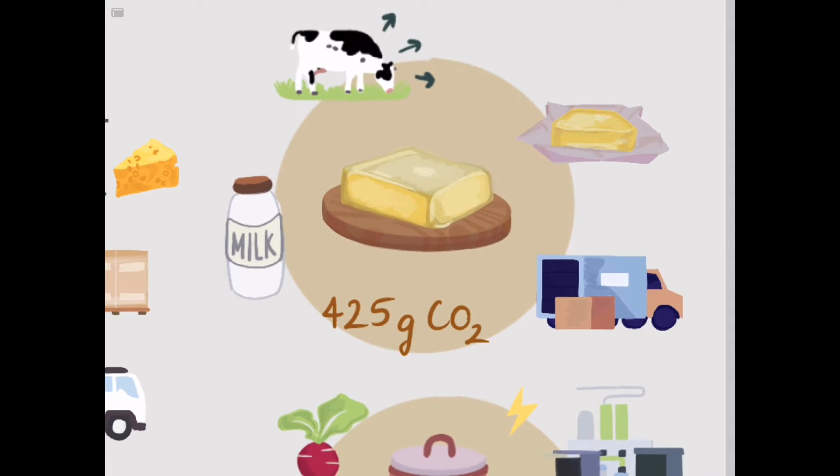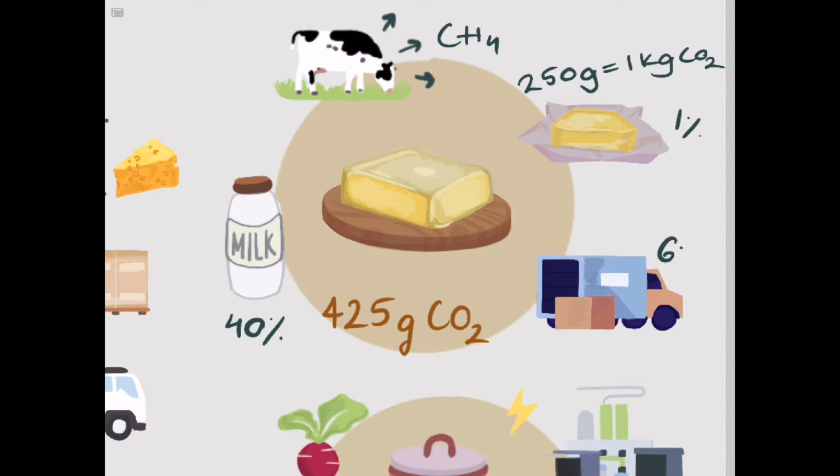Butter is a product of milk, so similarly it has a high carbon emission. Most of it comes from the milk production mentioned previously, which contributes 40% to its overall emissions. For example, one 250-gram pack of butter equates to 1 kilogram of carbon dioxide emission from cows alone. Baking butter is usually packaged in aluminum or paper, so emissions from packaging, transportation, and distribution are much lower at 1 and 6% respectively. So the carbon emission of butter needed for this recipe is 425 grams of carbon dioxide